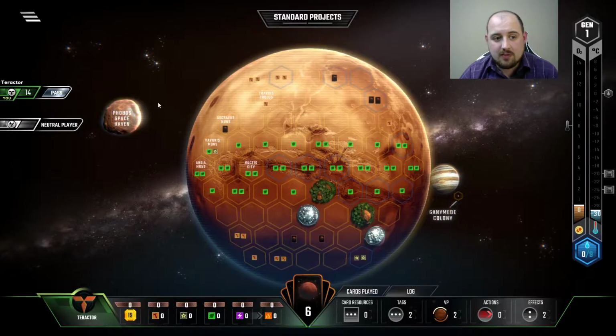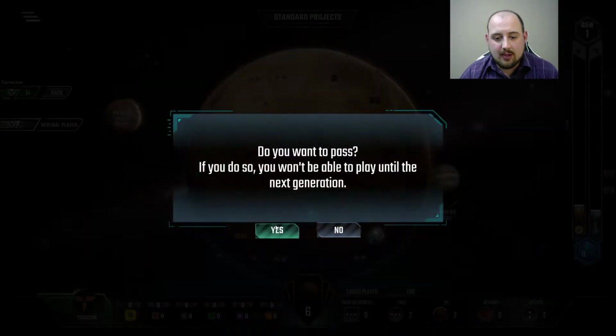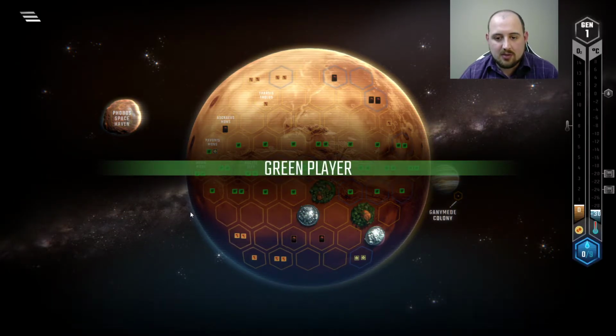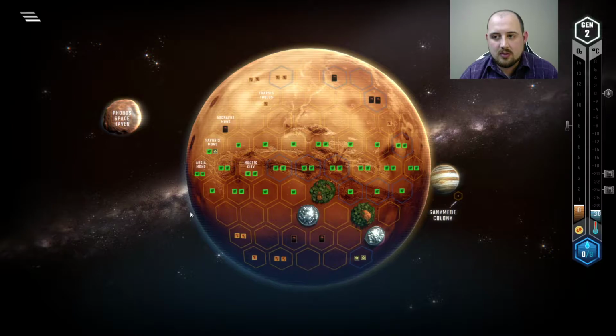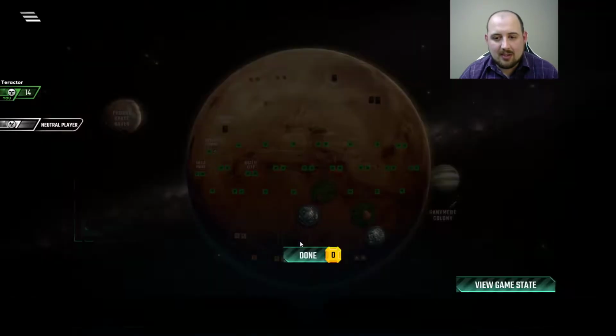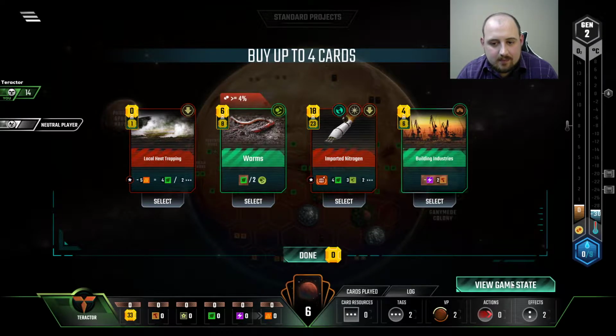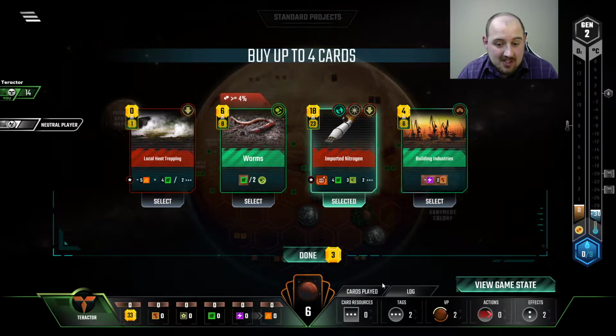I'm going to pass for one turn and just trust that we'll find something here in round 2. Again, you gotta believe in your seed. Oh, the energy deficiency is painful. And something like nitrogen or imported nitrogen is amazing at minus $5, but can we really grab it? Again, we can trust the seed, but